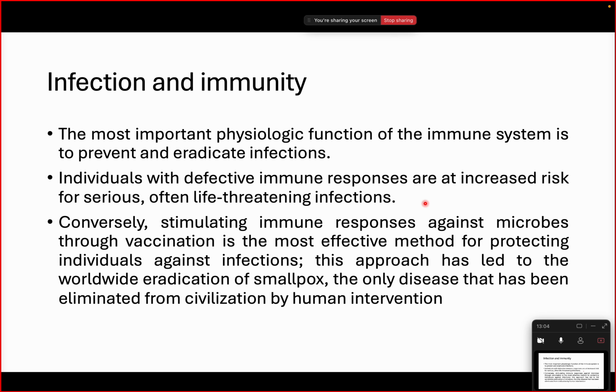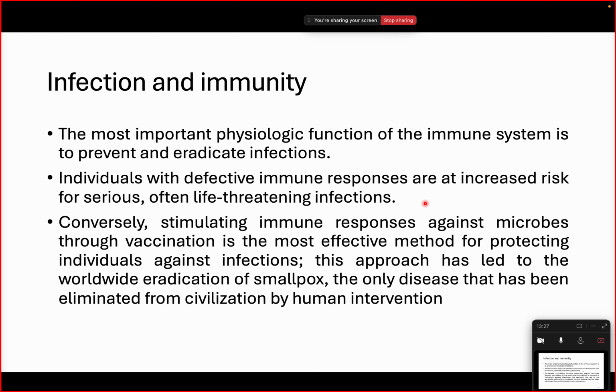Conversely, stimulating immune responses against microbes through vaccination is the most effective method for protecting individuals against infections. This approach has led to the worldwide eradication of smallpox, the only disease that has been eliminated from civilization by